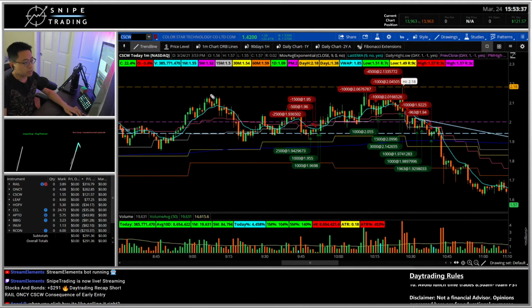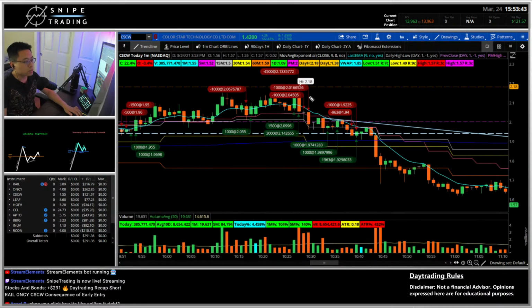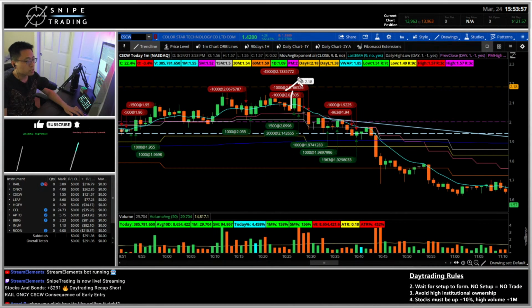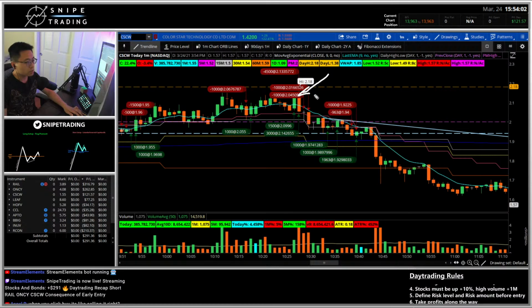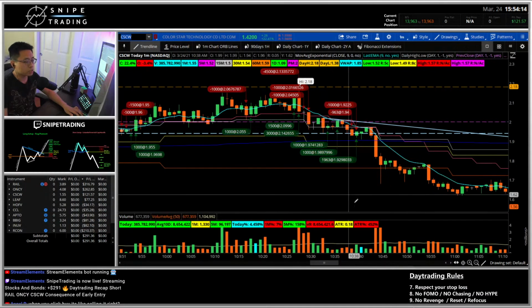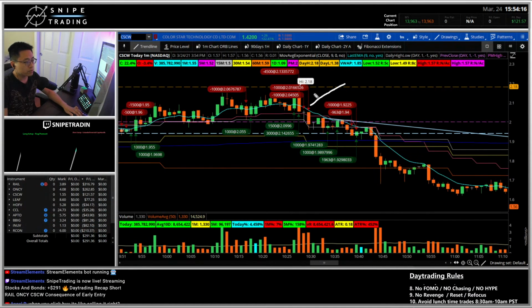And then it made a push through high of day. You see that little wick with high volume. It failed, so I actually looked for a long here. I went long at 210 and then 215, 4,500 shares around a 214 average. I sold the rest when high of day didn't go much further. It's good to understand those types of signals and how it reacts towards high of day. If it breaks, it should continue higher. If it breaks and just falls back down, you have to be really conscious and sell your shares there. So I sold my shares there and flipped short right away,